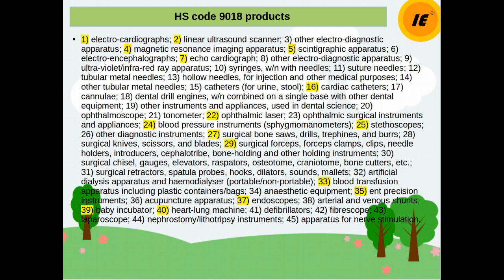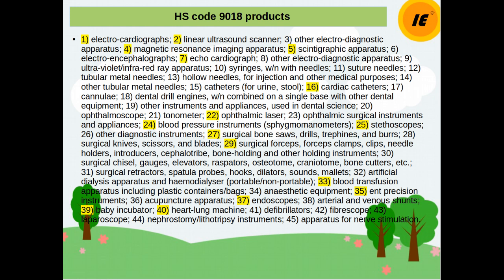Okay, so at first we will study the import-export analysis of products with HS code 9018, and here I have given all the details, I mean, what exactly the products are. So basically, HS code 9018 is a category, and in that category there are a lot of other products, and mostly it is